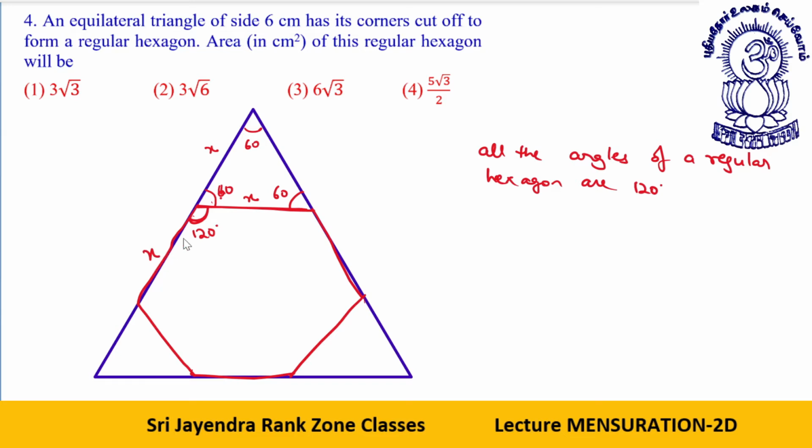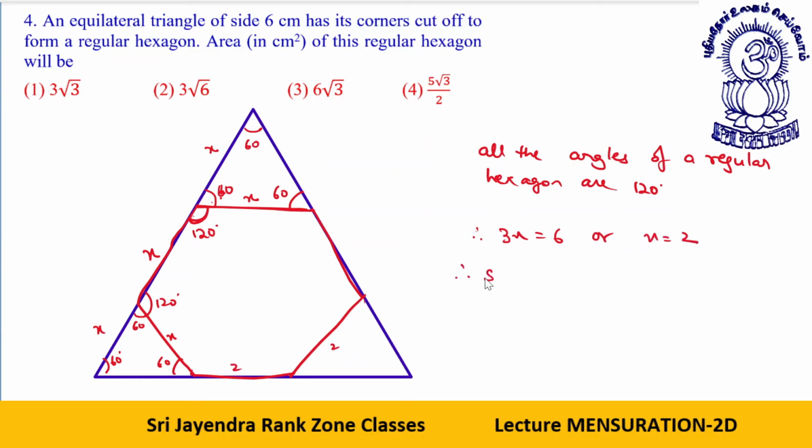Now we have got this equilateral triangle. This is x, this is x, this is 120 degrees, so this angle is 60 and this angle is also 60, so this is also an equilateral triangle, so this is also x. Now what do we see? We have 3x, this full length, 3x is equal to 6, or x is equal to 2. Therefore this x is equal to 2.